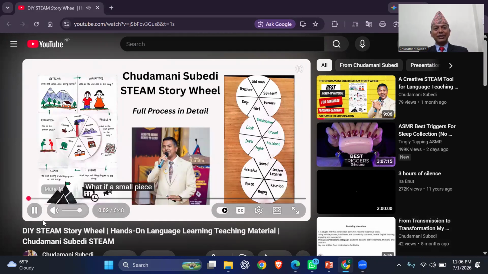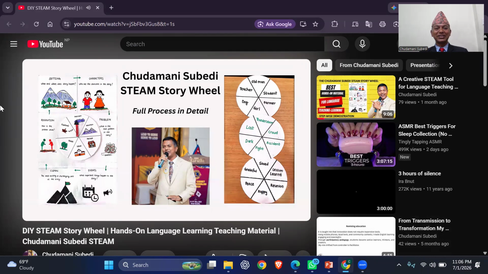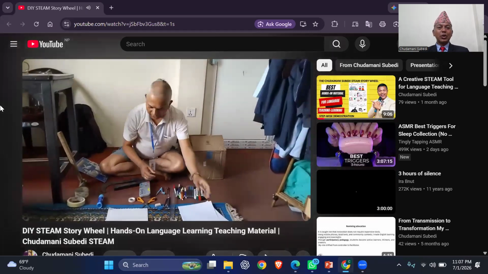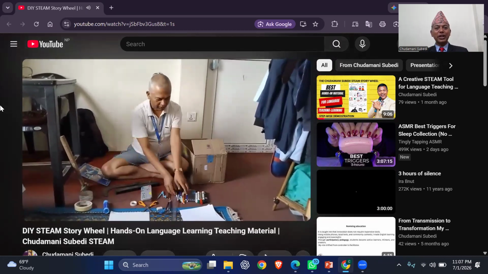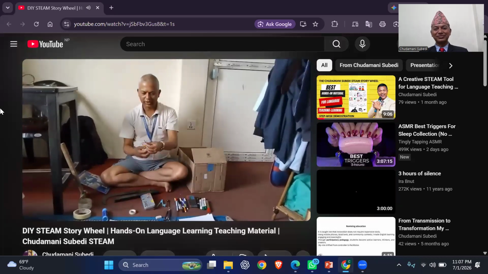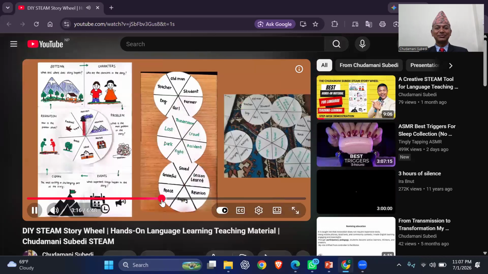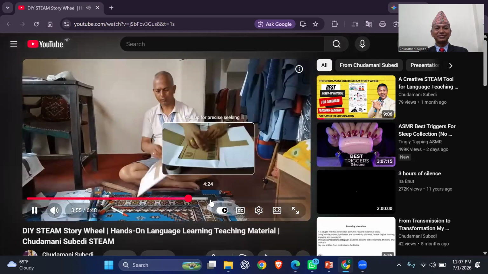What if a small piece of cardboard could become a powerful storytelling machine? What if students could learn language through creativity, imagination, and cardboard? A4 papers, glue, tape, colored markers. We can see how the teacher prepares a divider, and students prepare in their own way, with wire in the maker space. A pencil, a pen, a piece of cardboard. These pieces will act as supports for the rotating